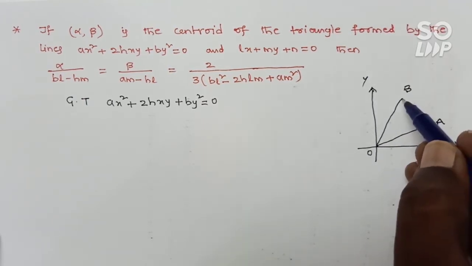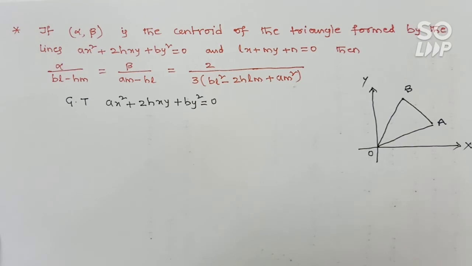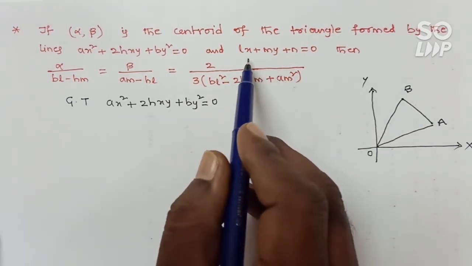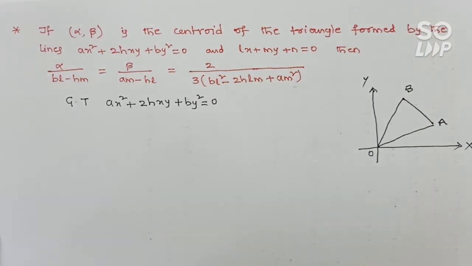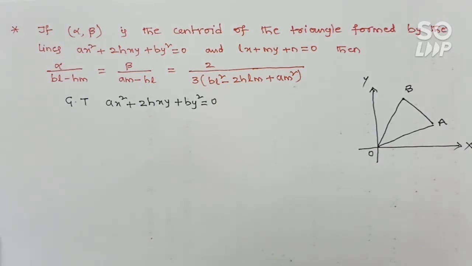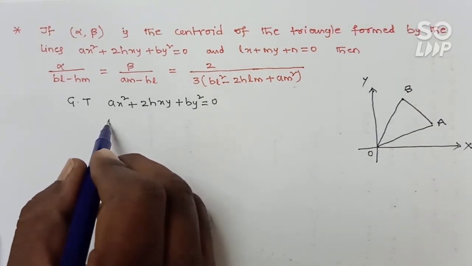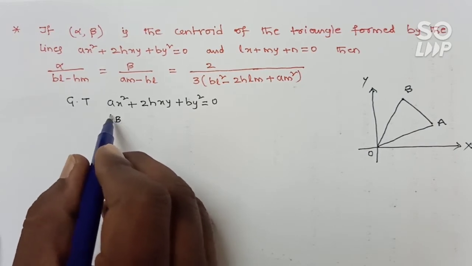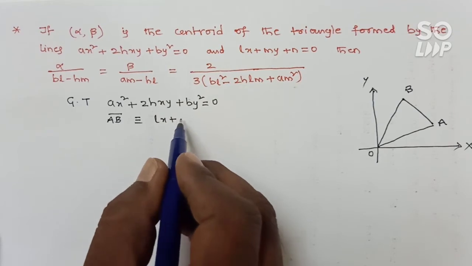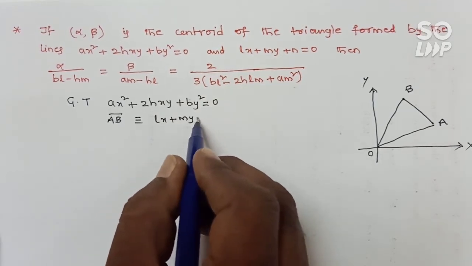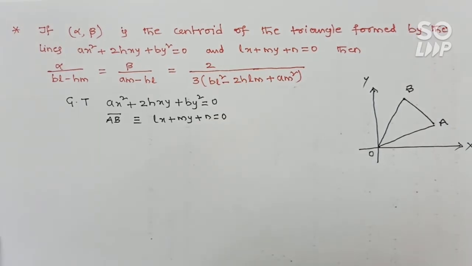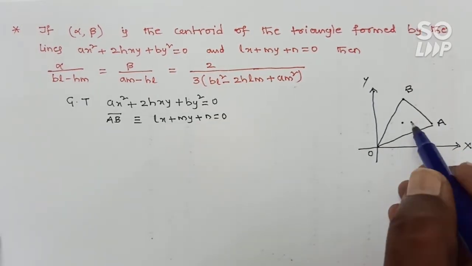Now what is the third side? AB is the third side. So here the AB equation is given as Lx plus My plus N equals 0. Right? Now after this, the centroid of the triangle